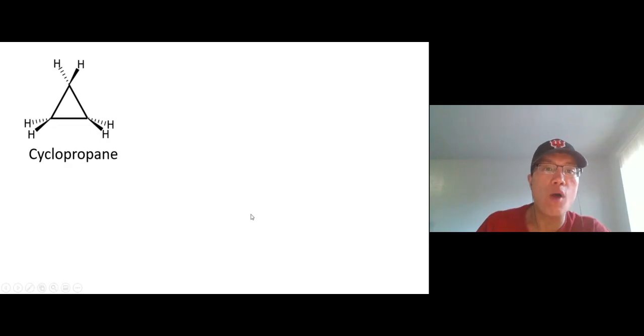All right, let's take a look more closely at why cyclopropane is not stable. I'm going to say it one more time. The bond angle in a cyclopropane ring is 60 degrees. And imagine a regular sp3 carbon, which is tetrahedral, at 109.5. We have to force these two bonds to go from 109.5 to 60 degrees.